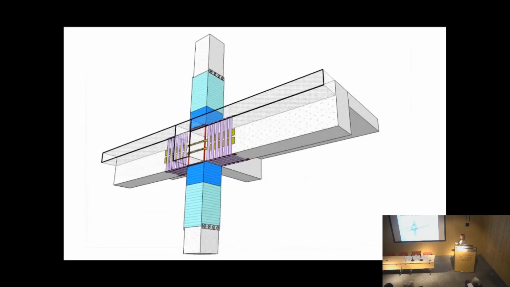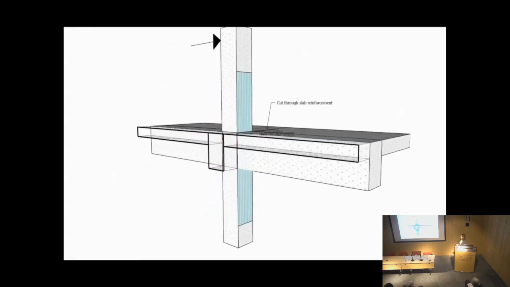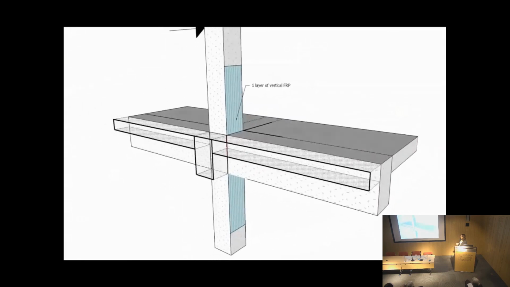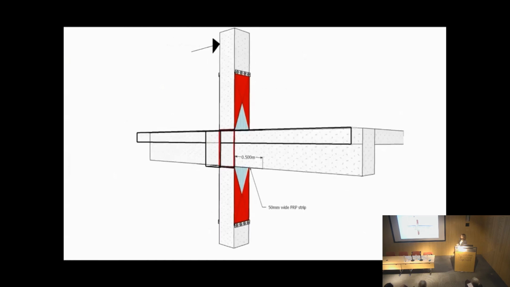How do we do the retrofit? I don't know whether this will work. So this is what it looked like. We started with a cut through the slab, the vertical layer of reinforcement, as we did before. Again, connecting top and bottom things, so exactly the same procedure we were talking about before.